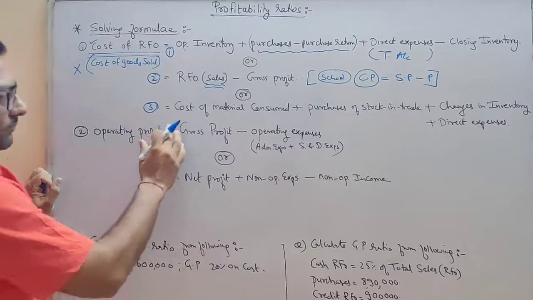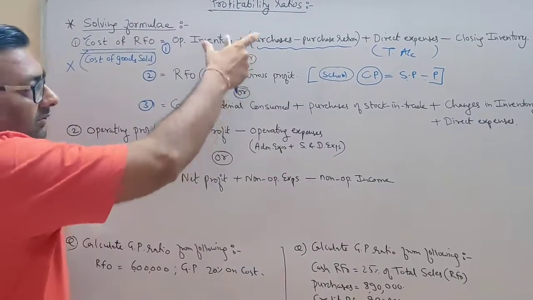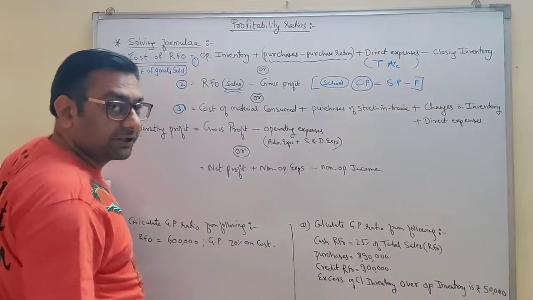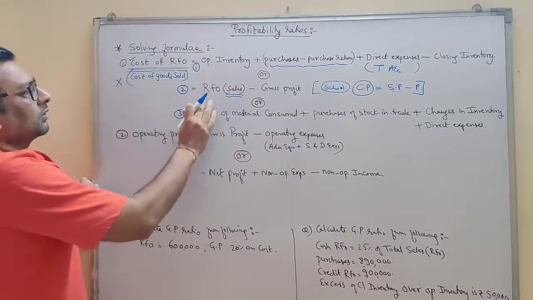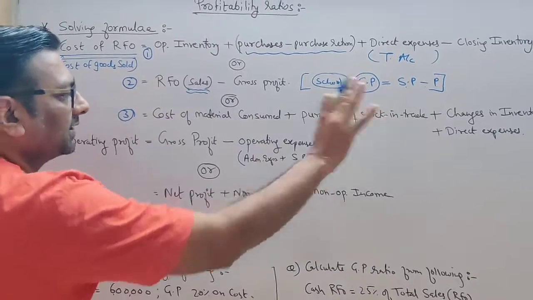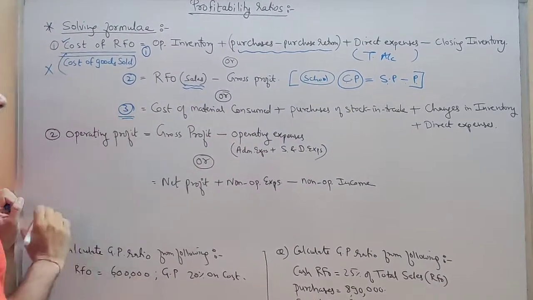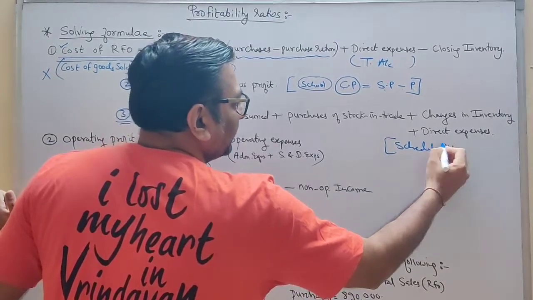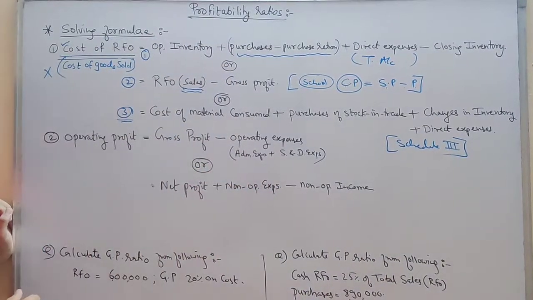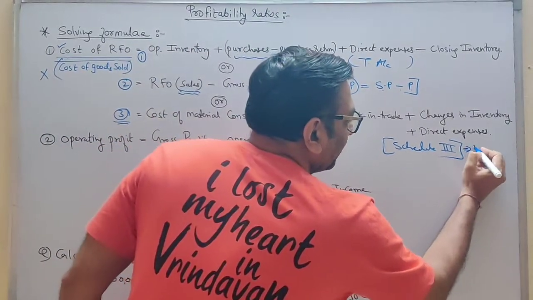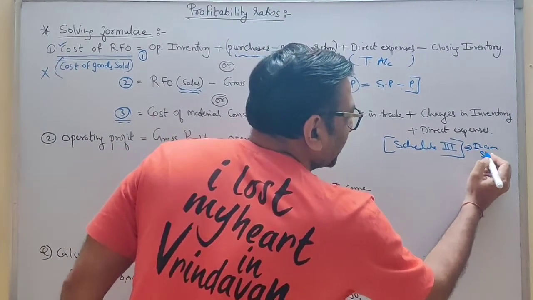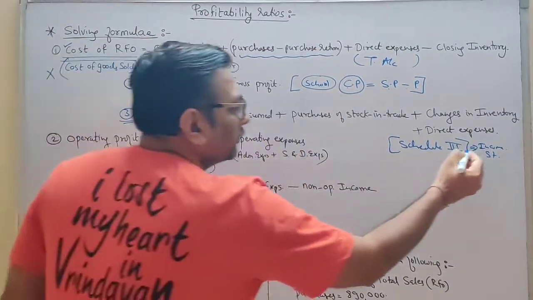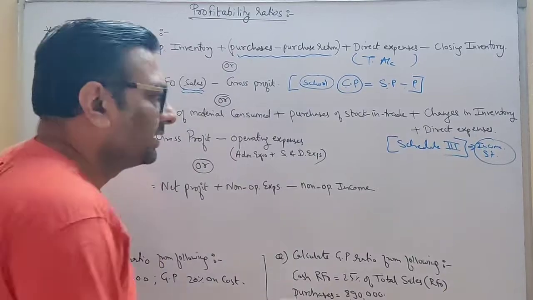Okay. Now, students, while watching this video, I want you to copy this down. You can pause the video and copy it down. So this is your second formula, or the third one is this. Now, the third formula is as per schedule 3. I'm talking about schedule 3 of income statement, that is part 2. So income statement, this is when they give you income statement in the question.